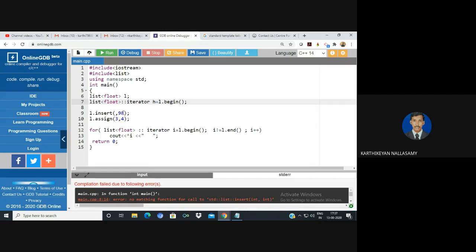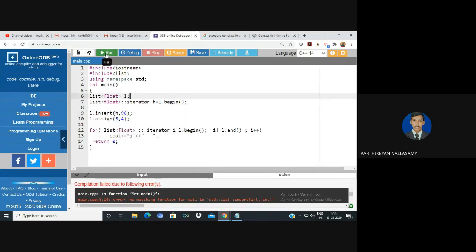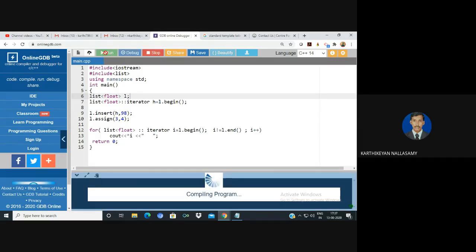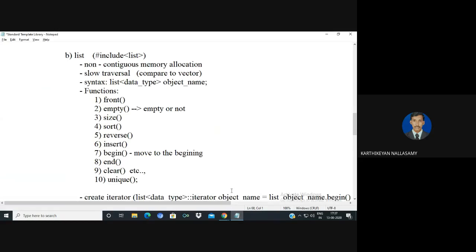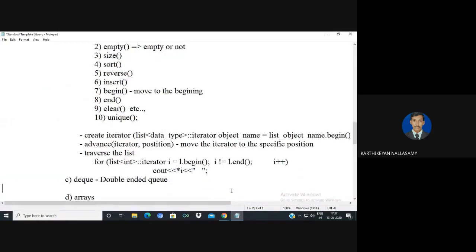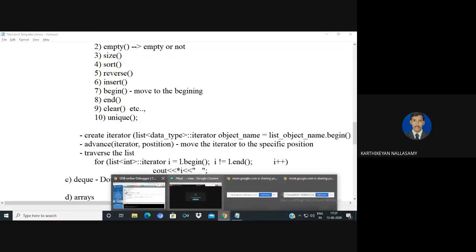By using this iterator object, it will now point to the element. By using this iterator only, we are going to insert. If you want to insert in between, I can show it. Just a minute. Actually, it's for iterators. If you want to move to the iterator location and then insert, it won't work, so we need to call the function at once.